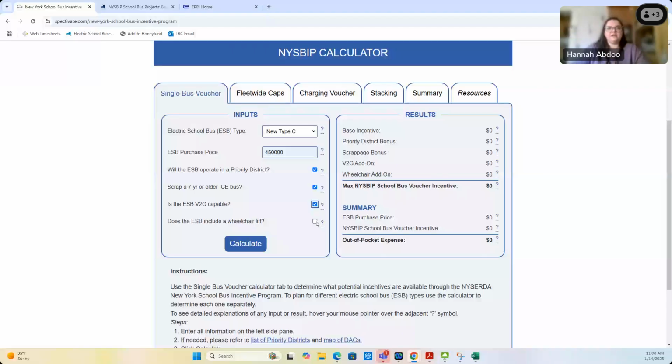So once we hit calculate, you'll see the results pop up on the right side, and it's going to break down your base incentive amount and also give you how much of each bonus and add-on you qualify for based on the answers to your questions on the input side. So in this case, we've got the base amount, the priority district bonus, the scrappage bonus, and the V2G add-on bonus, no wheelchair add-on, and all of that together is going to give you your max NYSBIP school bus voucher amount, which is